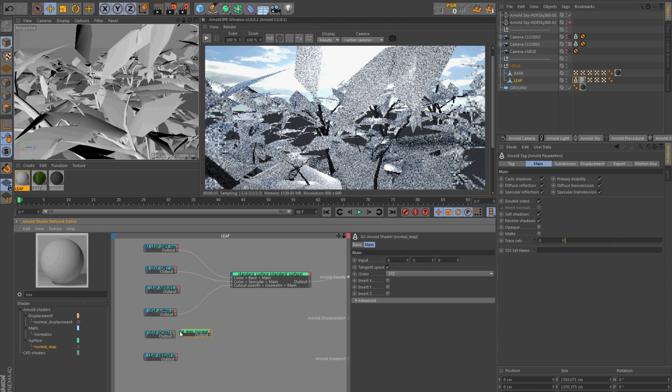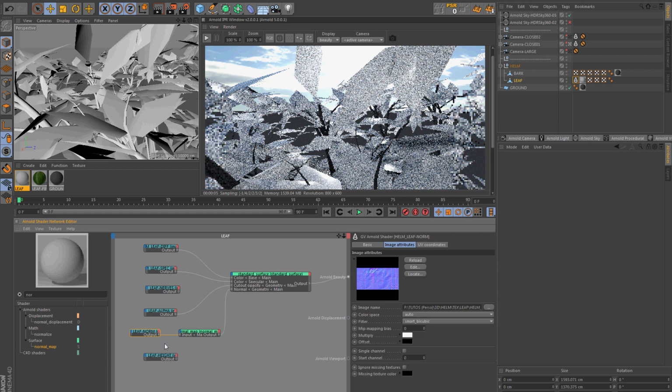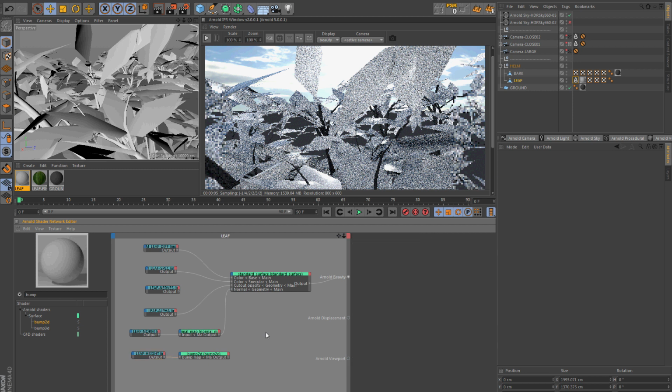Okay, so my normal map. And I will set up the bump map too. I will explain why later, but let's start with the normal map.